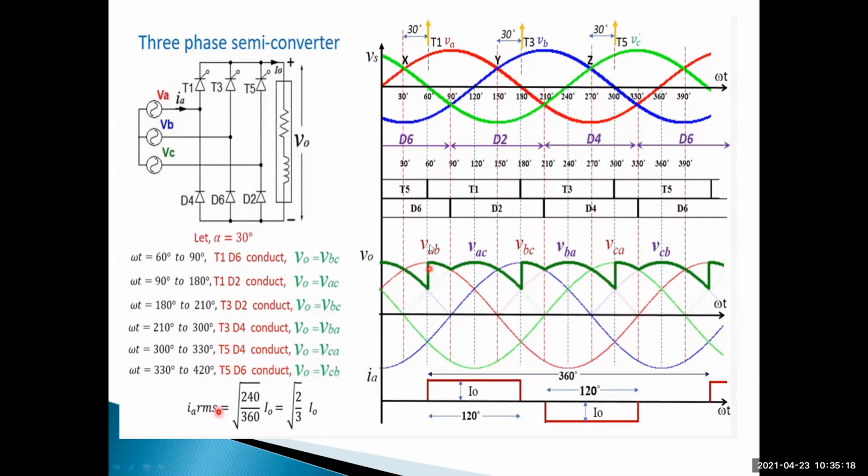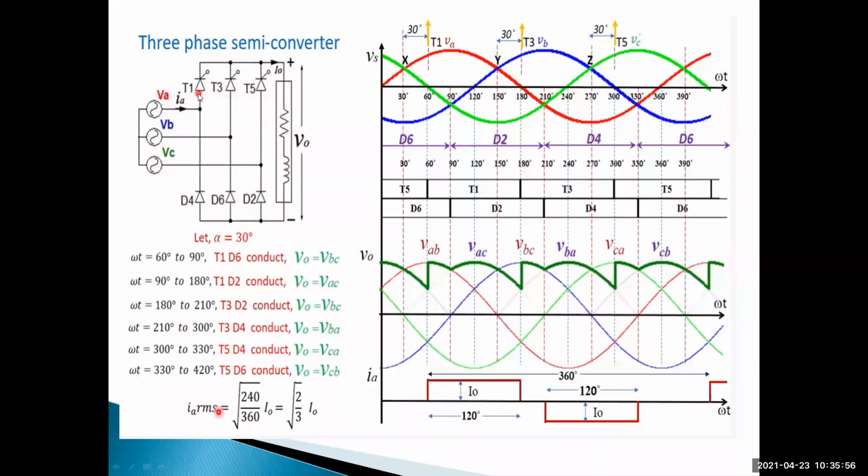So for 60 degrees onwards, here diode D6 and thyristor T1 are triggered. So like this, at omega t equal to 60 degrees onwards, this is the conduction, like this D6. I've already explained this. Thyristor T1 is conducting with a duration of 120 degrees. Each thyristor T1, T3, T5 conducts for a duration of 120 degrees, and likewise T4, D6, D2. The conducting duration is 120 degrees because of 360 by 3.